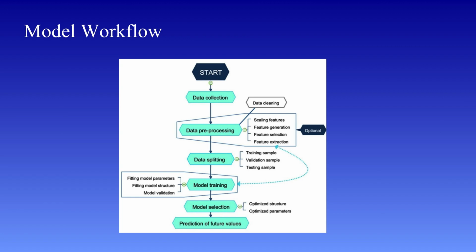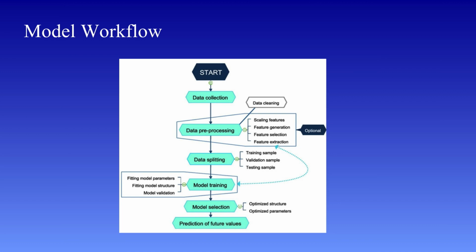Some may have little or no impact on the output, while others may be very important. Feature selection helps us identify and keep only the most relevant variables. Feature engineering goes a step further. It involves creating new features from existing ones. For example, from a date column, we might extract the month or year as separate features. This step can significantly improve model performance because better features lead to better learning.